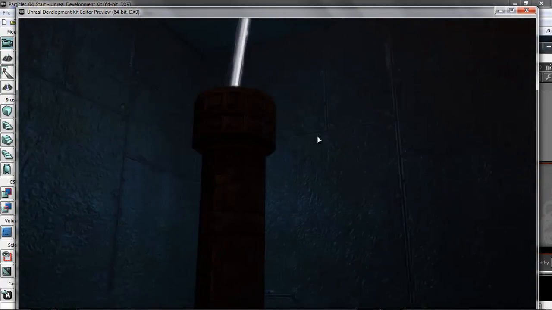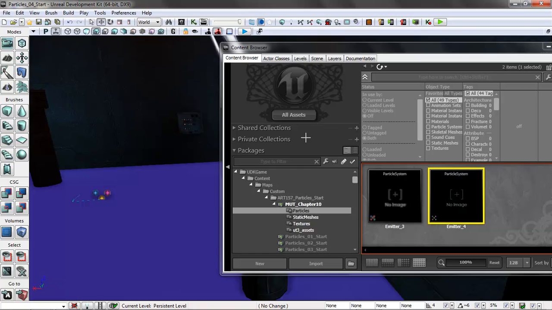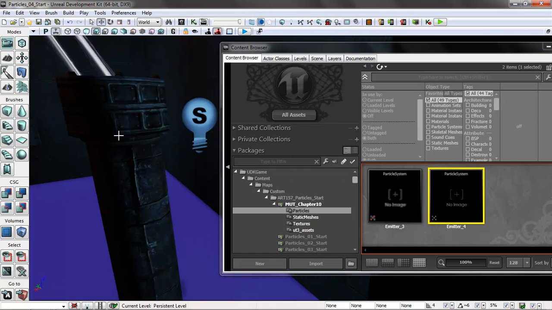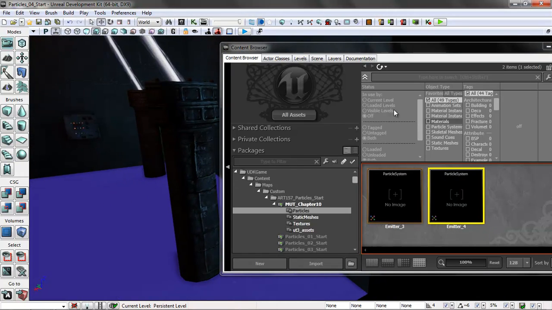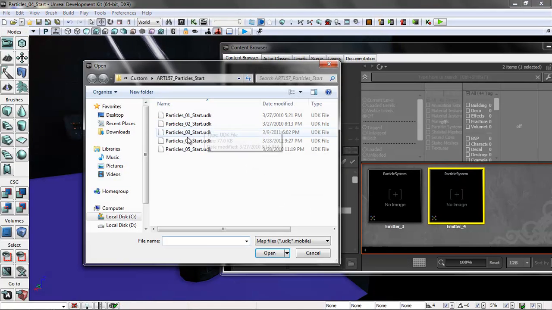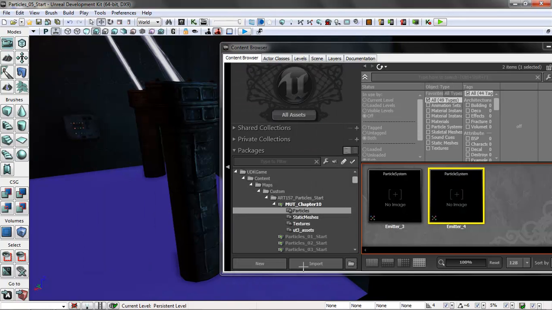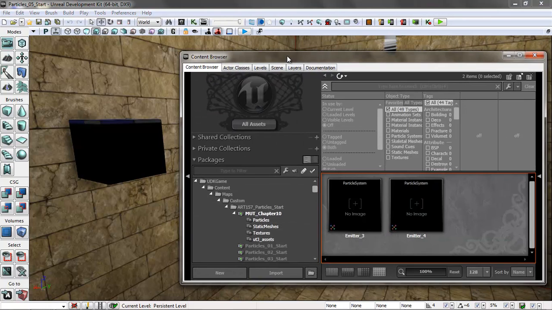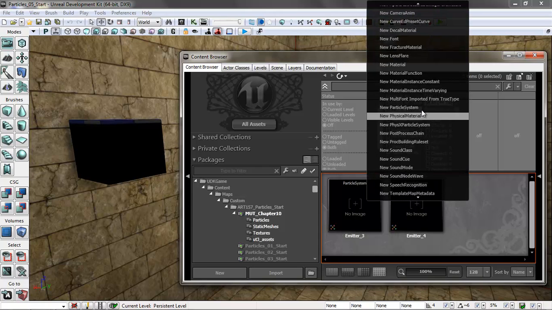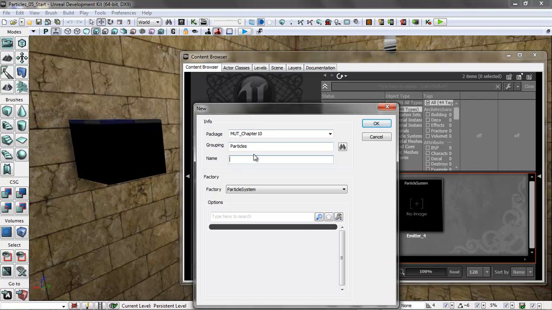And obviously you can add more particle effects for sparks and sounds, and you can use Kismet to animate the lights and get a lot of variety going with that. The final demo I'm going to show you is a different type of emitter, and it's basically based on the velocity of the object. It's called a ribbon emitter. So we're going to create a new ribbon emitter. So we'll go to new particle system, emitter number 5,